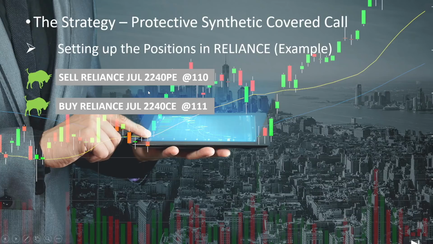Now the Reliance is 2224. So the future is 2235. I have taken based on the future position. So 2235 means 2240 is the ATM strike for that. So 2240, you see call and put, the premiums are almost close. So one is at the money and one is out of the money. So you can take such positions there.